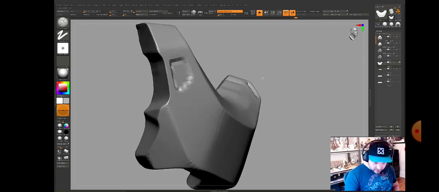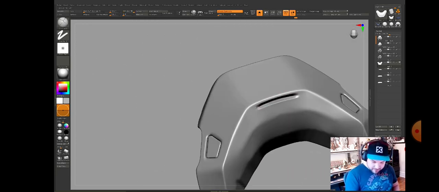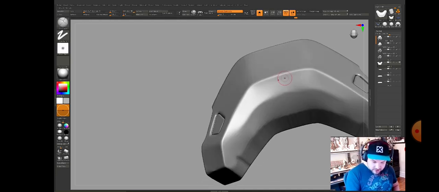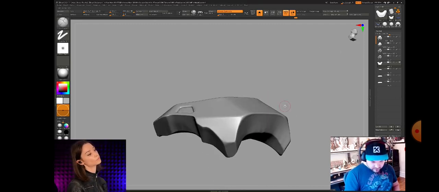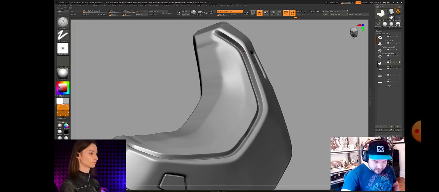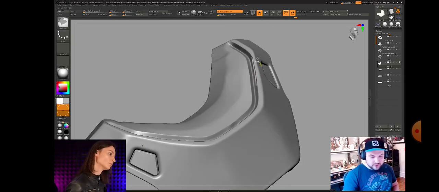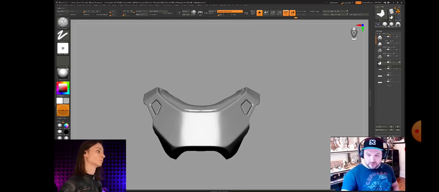I'll use the lazy mouse now. Since I don't have my poly groups to isolate the edge, now you need to be diligent for sure, but it's totally possible. You could do this here, then you can have a cavity inside this, whatever you need to do, right? Maybe on top. It really depends on what you want to do. But basically,